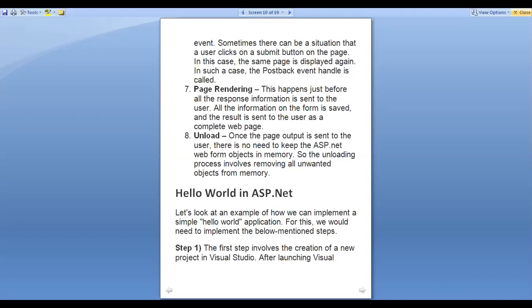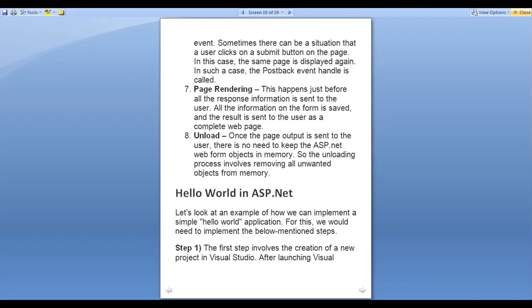Like in the case of a drop down list we had seen we need to enable auto postback manually. Similarly, for page load, generally we have to write a method over there to check whether the page is loaded for the first time or not. And what kind of method, sorry, property we have used over there is IsPostBack. IsPostBack returns true if the page is posted back to the server. It means if this postback event handling step occurs. Because when the page is loaded for the first time, which event occurs at that time? Page load. And within page load only we have checked that.